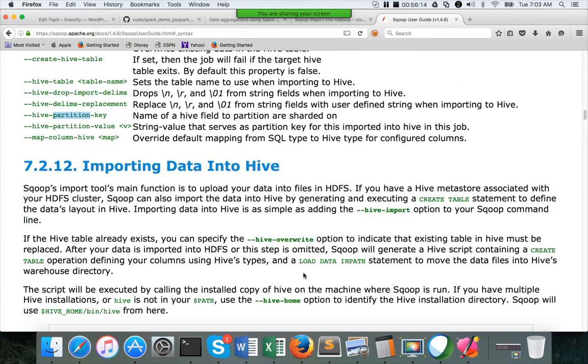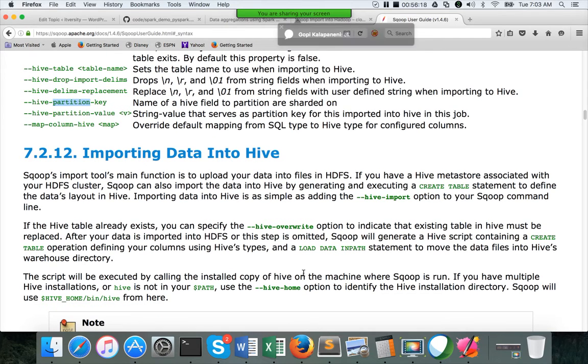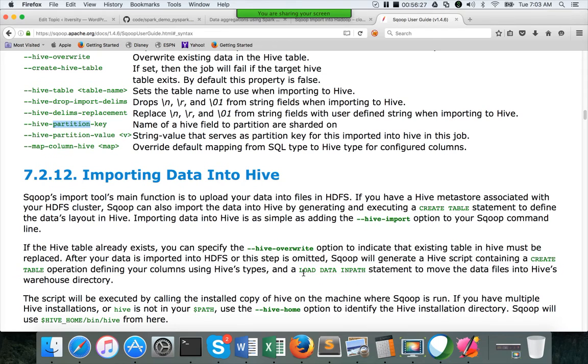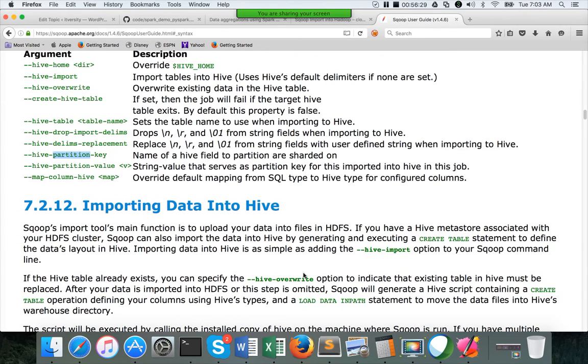Remember that question Gopi and ask me in Q&A time. Because we are already way behind, I want to wrap up Sqoop as much as possible today, and I want to wrap up within the first 15 minutes as part of the next class. Okay, so don't worry too much about Hive partition key, Hive partition value, and all those things.